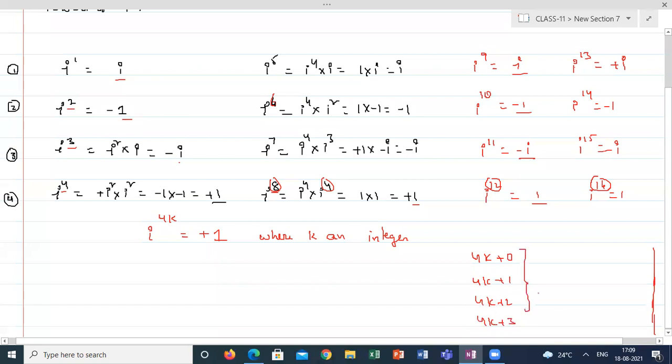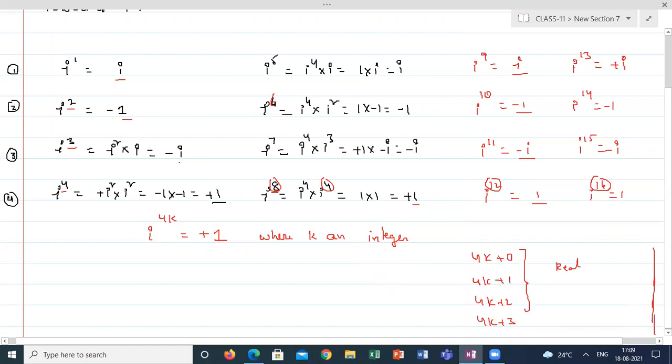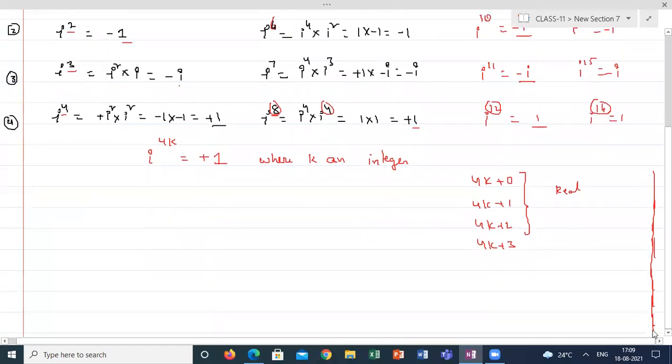Where have you done this one? From the concept of real numbers. What is this theorem, guys? Can anyone remember? Harshida, Raghav? From grade 10, the first chapter of grade 10. What is that axiom, that theorem?